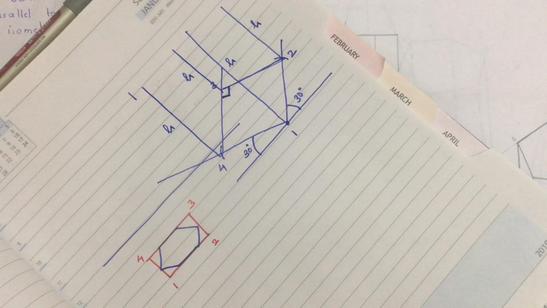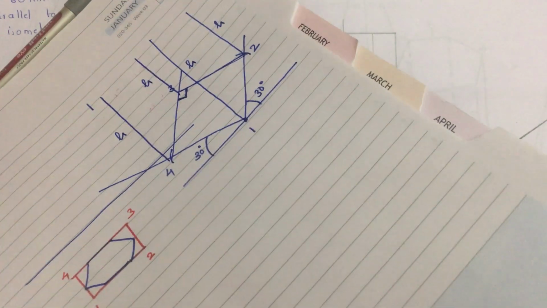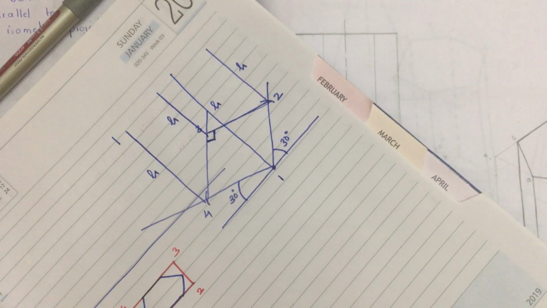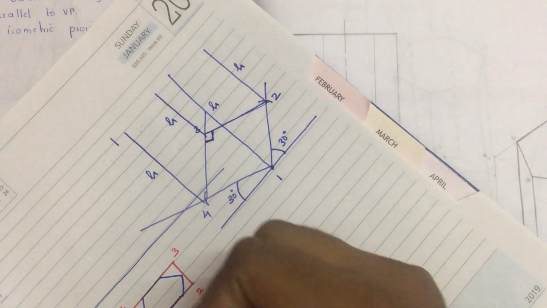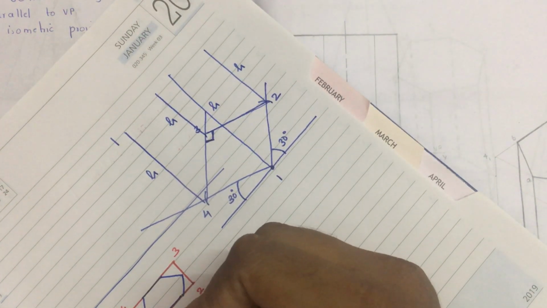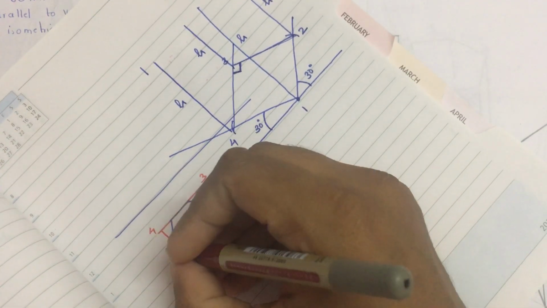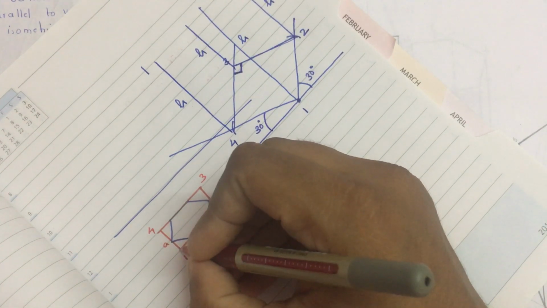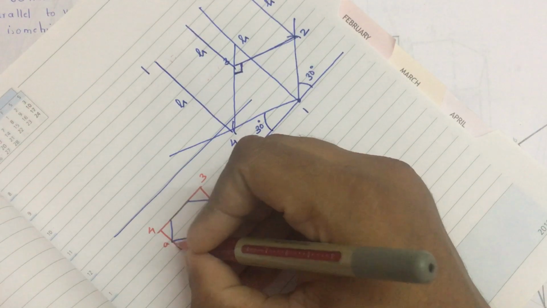So, after drawing this much, the next step is to mark the hexagon. So, we know that in the line 1, 4, you have a point A. If this point is termed as A, by taking the measurement from 1 to A by using a compass, and